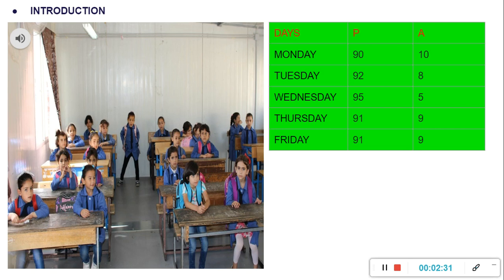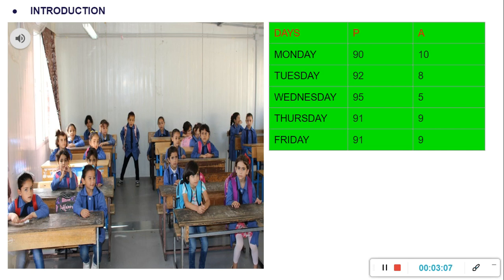Now, since this is about a week, the data is small. You just have 5 sets of data. Now let's say the teacher wants to analyze the attendance of the class for 6 months. So just imagine how much data she will have. She will have a big data, a huge number of data, right? Now analyzing from those data might be difficult. So what will she do? In such cases, there are easier ways to represent data, easier ways to analyze data.